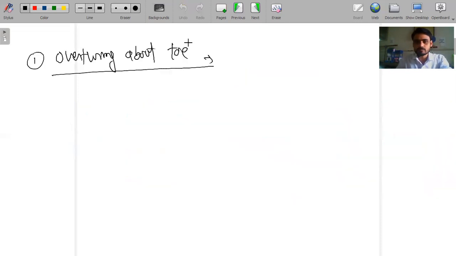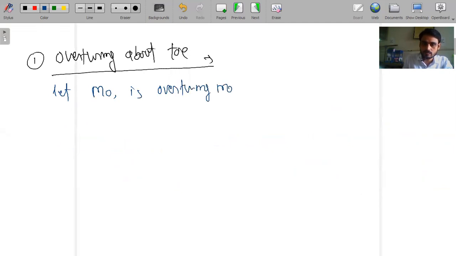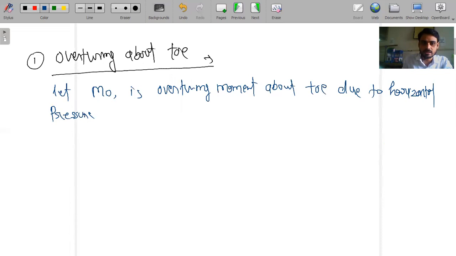So let MO be the overturning moment about the toe due to horizontal pressure or thrust, and MS is the stabilizing moment